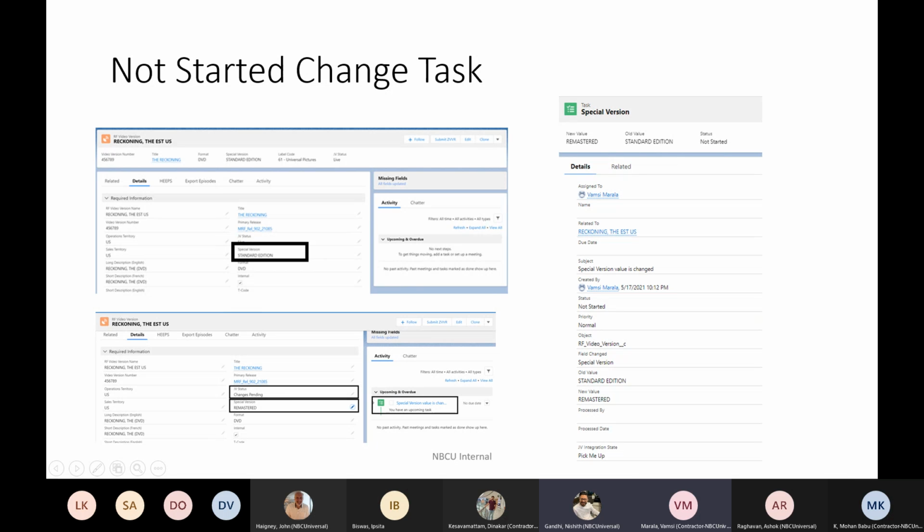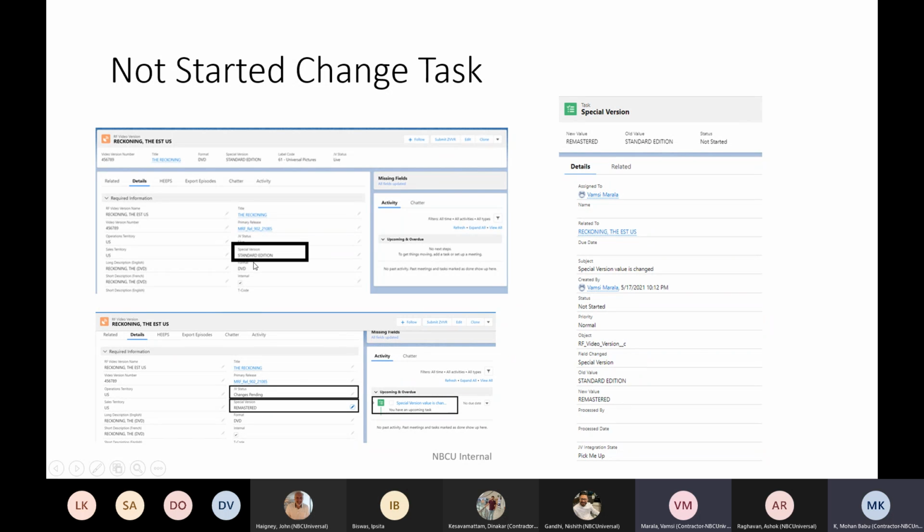If there is already a task in progress on the same field and the field is updated again, the old task will be marked as closed, and a new task will be created. It's trigger based, and it will trigger automatically.